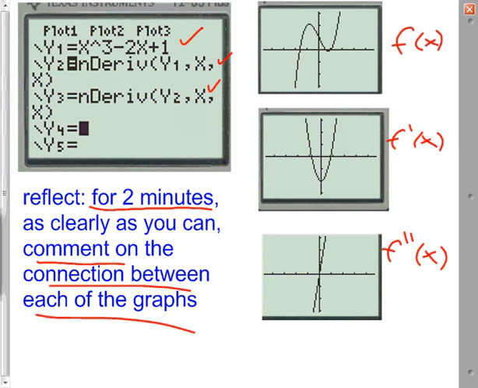In other words, some questions that you might be wanting to think about. What's true when f double prime of x equals 0? What's true when f double prime of x is greater than 0? What's true when f of x is concave up? What's the connection between all these? So this is what we're going to be getting into today. But before we jump into that,